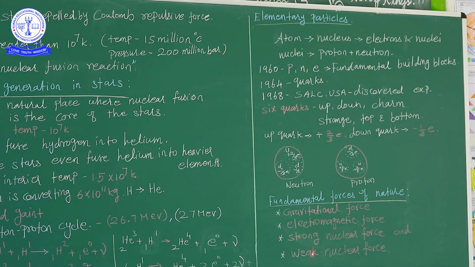So finally, what is nuclear fission? A heavier nucleus decays into lighter nuclei. And what is nuclear fusion? Two lighter nuclei fuse into a heavier nucleus. The energy generation through nuclear fusion is very high in stars, that means suns. Already we know in nuclear reactors, there is a controlled reaction. In atom bombs or hydrogen bombs, there is an uncontrolled release of energy.